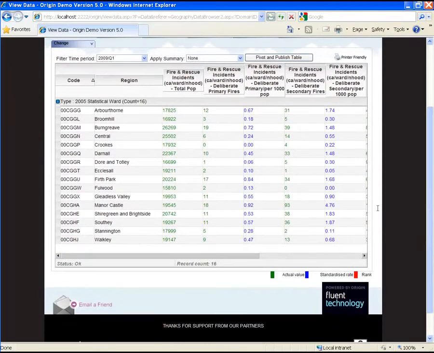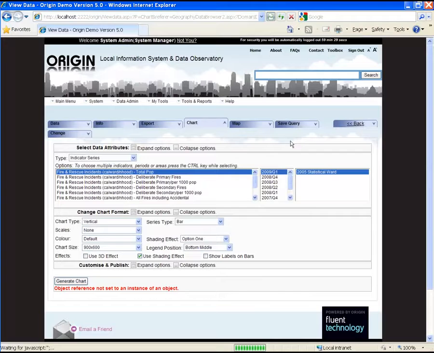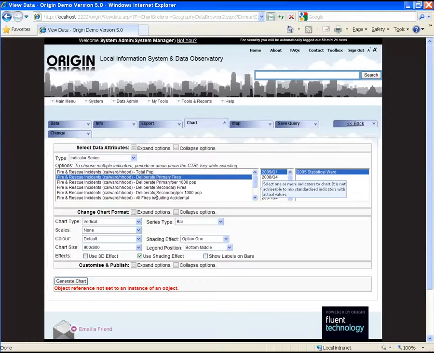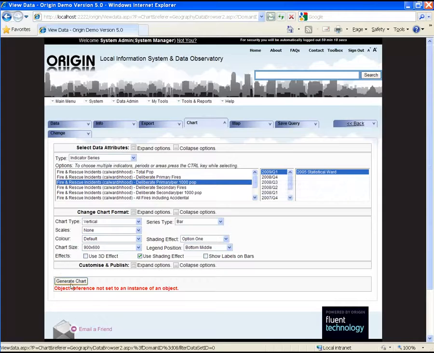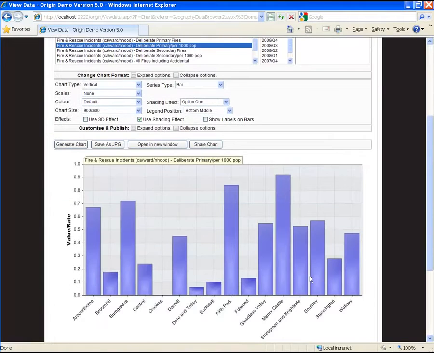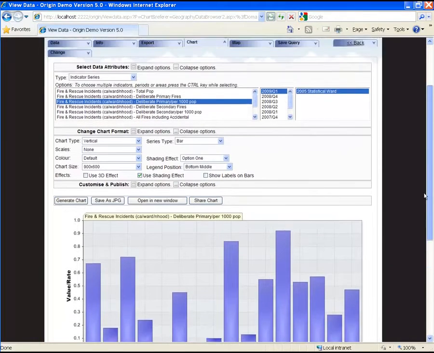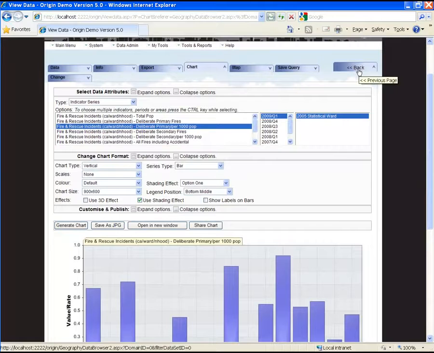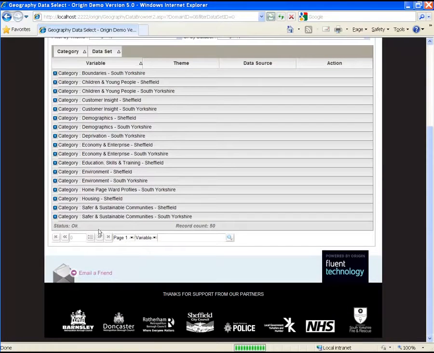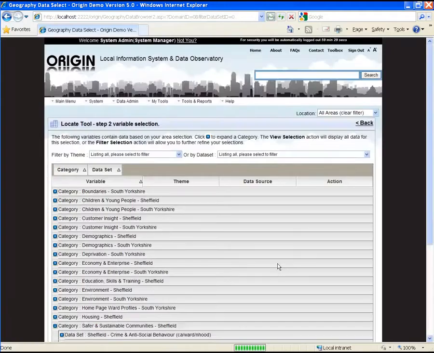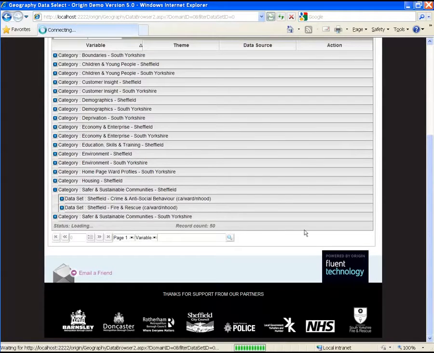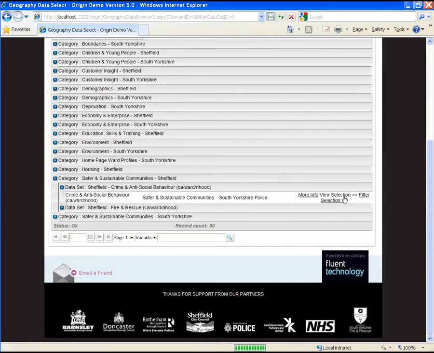So first of all, it's presented in simple tabular form. I can then click on the charting tab, which allows me to pick the most appropriate parameters for my chart. So let's say we want to chart deliberate primary fires, and we want a simple bar chart of that. Alternatively, I can go back and pick another set of indicators. So let's look at the crime this time, and we will view that data,